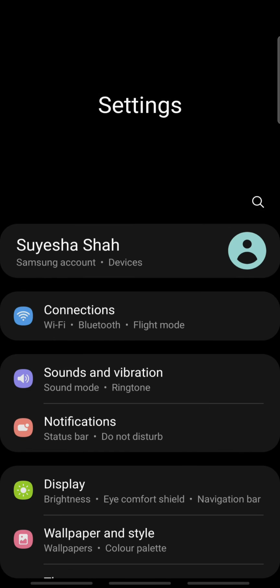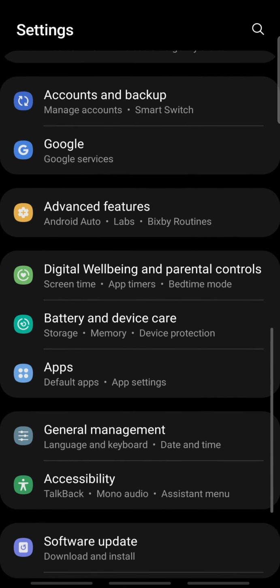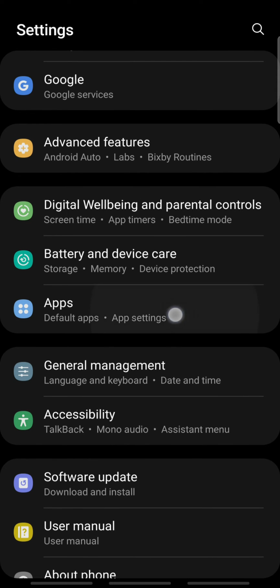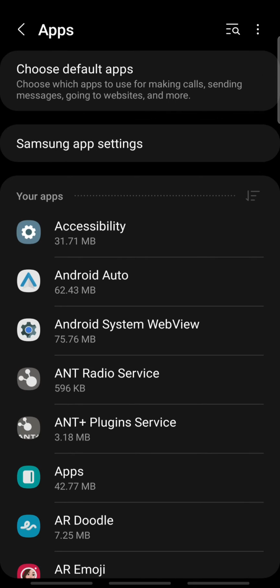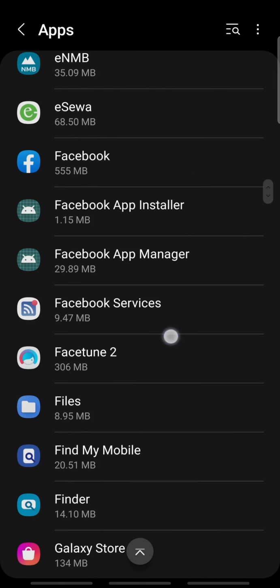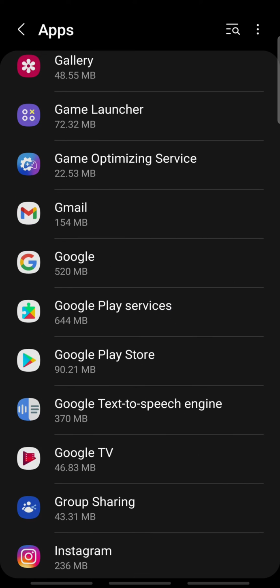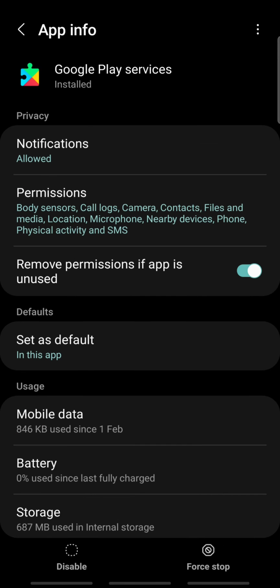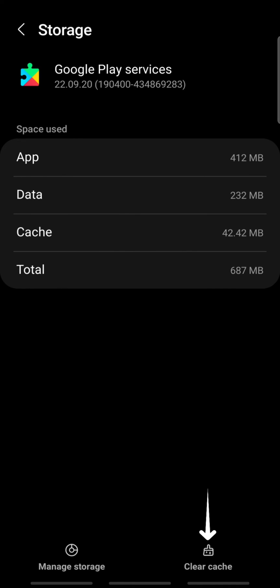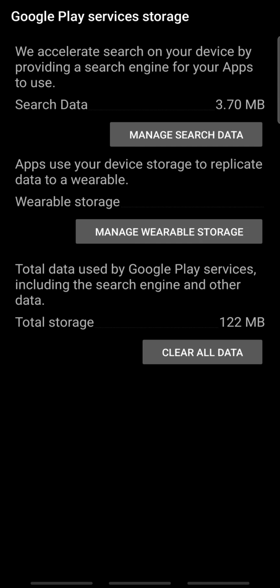If the problem is not yet fixed, go to the device settings, scroll down and tap Apps. Scroll down again and tap Google Play Services. Then tap Storage and tap Clear Cache and Manage Storage. Also tap Clear All Data